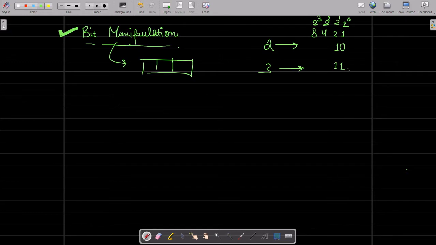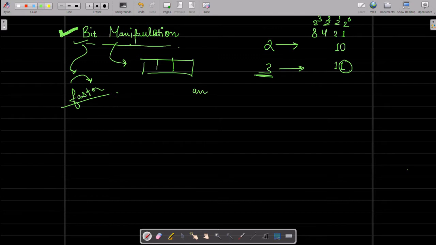So when we manipulate a bit of an entity, then we generally use bit manipulation, and bit manipulation is a technique which enables us to execute or to work fast, because it directly works on bits, so it is faster than usual methods. Okay, so we can use AND